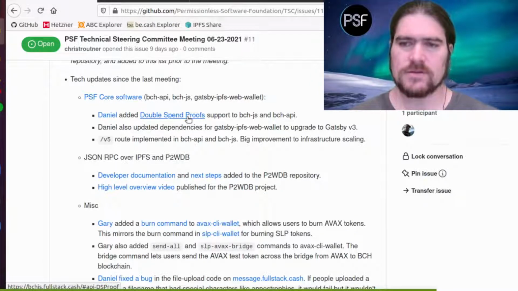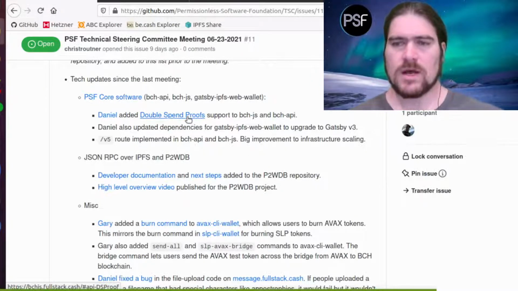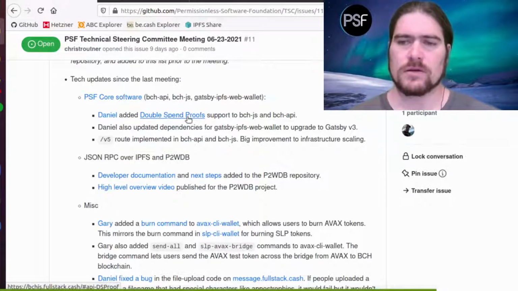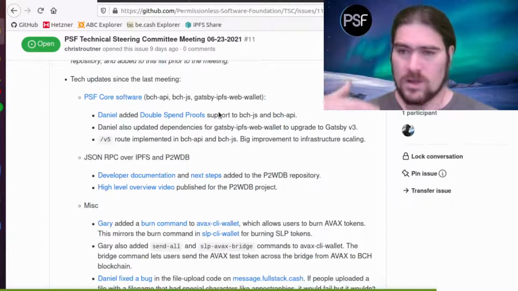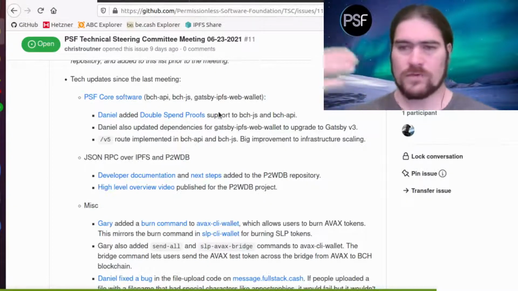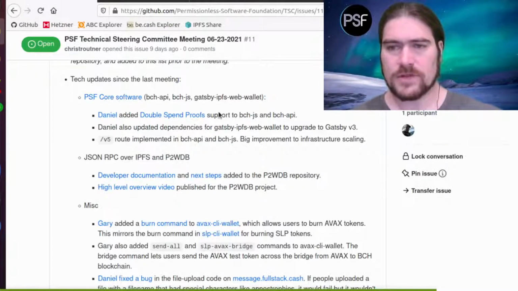And so there are corner cases where this is a little sketchy to use, but for the vast majority of use cases, the vast majority of the time, this essentially gives the confidence that merchants need to do transactions using zero confirmation. So it's a big deal. Waiting for block confirmations is a huge bottleneck in the whole mass adoption workflow that Bitcoin Cash is trying to achieve. So this is a big step in the right direction.